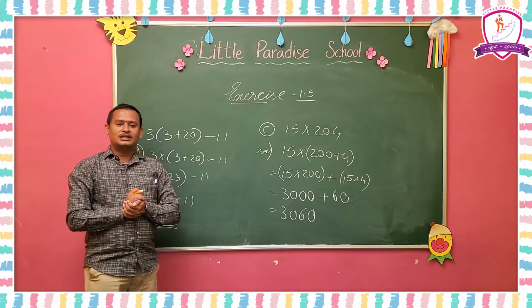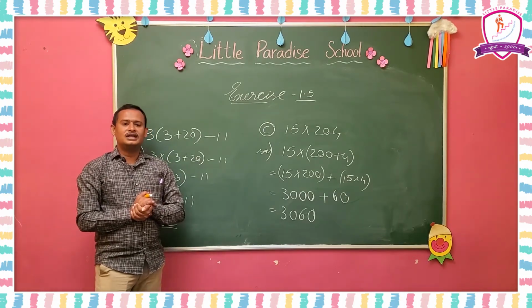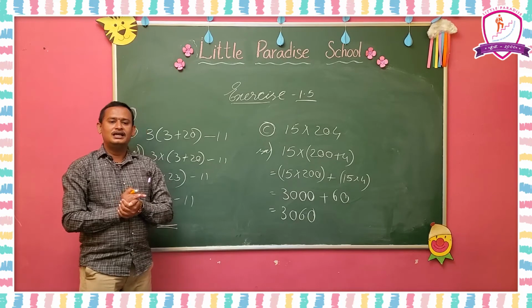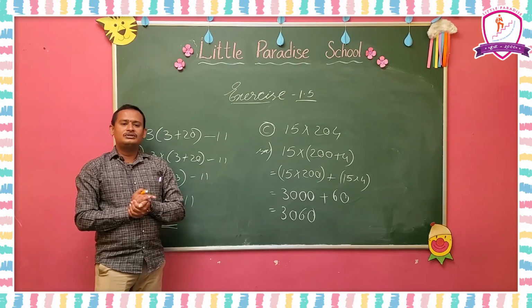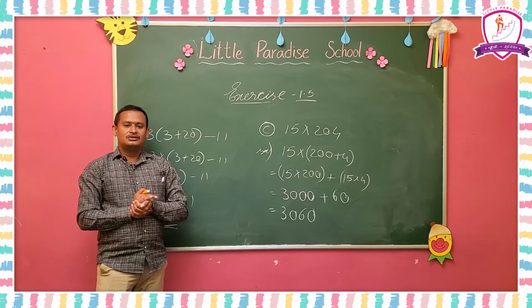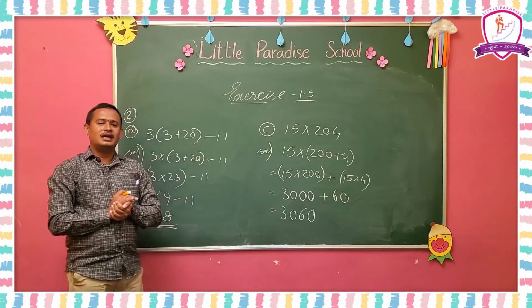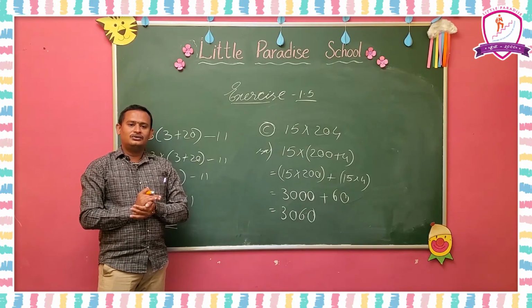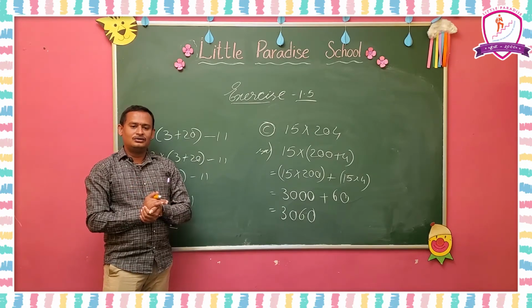Next, fourth question. Observe the first question. Think and write the situation for each of the following expressions. I am going to explain A sum. 5 into 7 plus 12 is given. So, for this all of you observe example 20 in page number 21. So, I am going to write a question. You have to narrate a question.